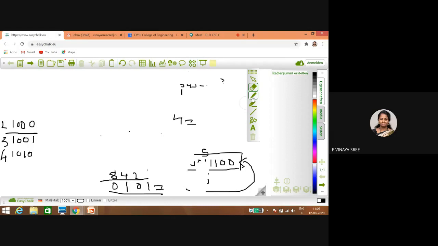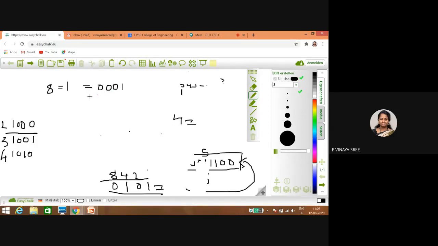So why we are going for 2421 is, given a number, nines complement can be obtained simply by converting ones to zeros and zeros to ones. So let me take 1. Given a number 1, the nines complement of that number is 8. So let me write 1. 1 is 0001.